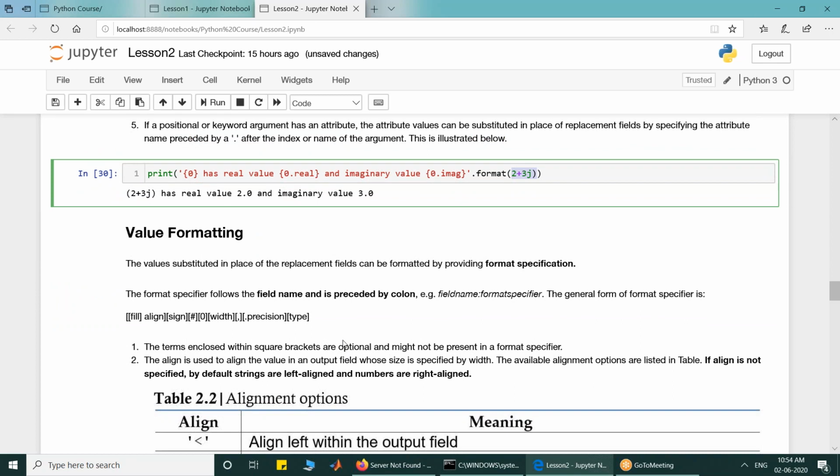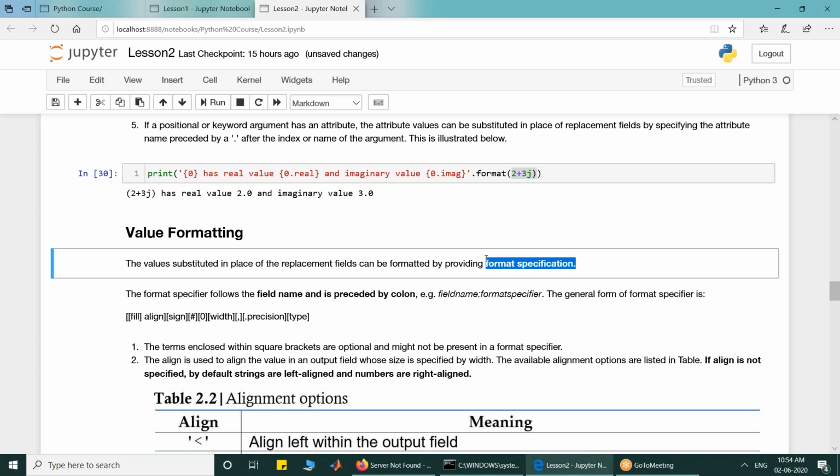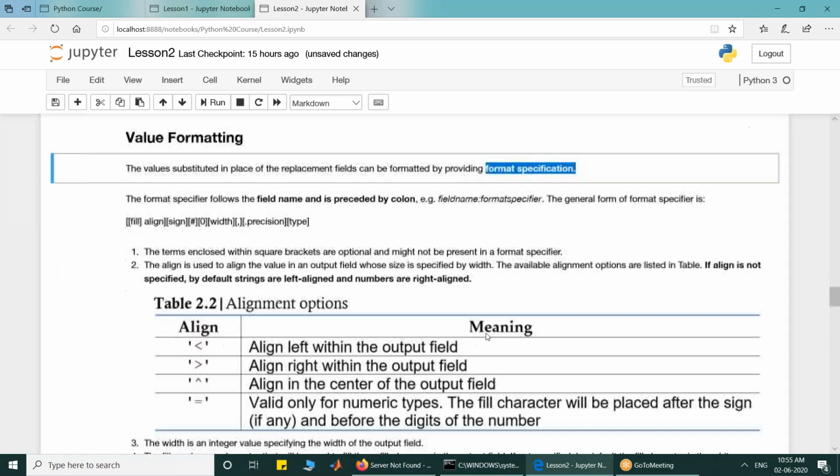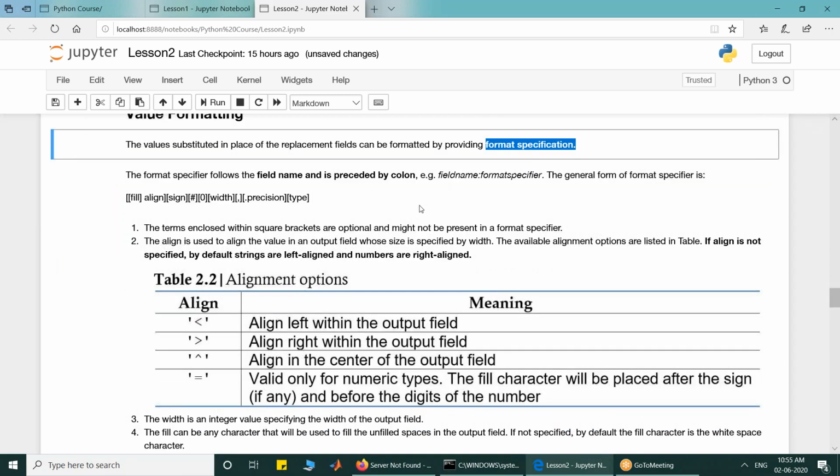Second thing the format method is used for is formatting, format specification. Very important when you do your formatting or your numerical computing. So I want all of you to write this: if you have to format, you can give the field name, then colon, followed by the format specifier.